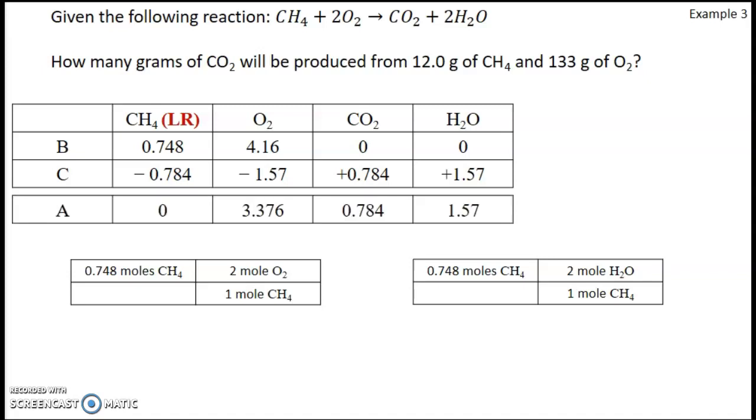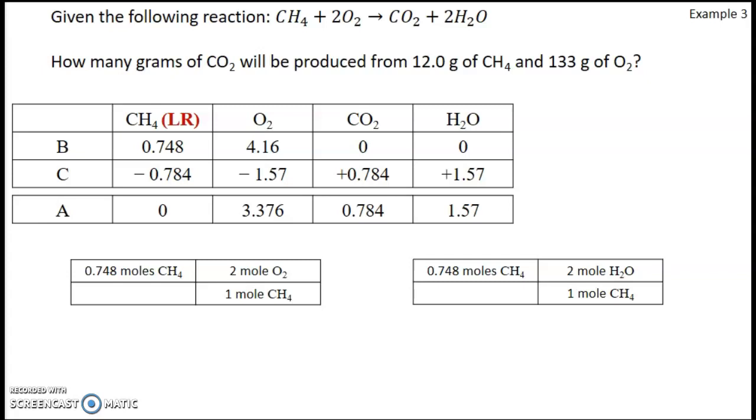Once we've done that, we can use some simple addition and subtraction to determine the values of the after row. Again, notice that the amount of limiting reactant left over is 0, and we have no negative afters. Again, negative afters would be a sign that you did something wrong somewhere in your math or made a mistake